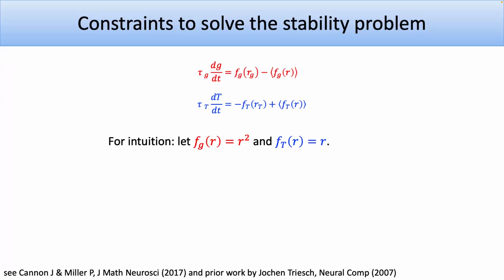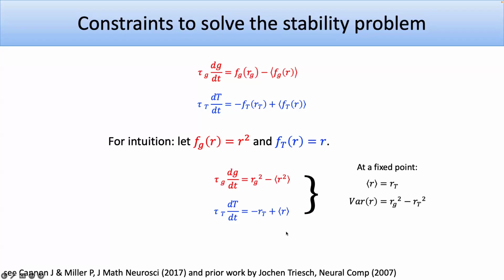And just for intuition, the simplest way to think about it is, what if one controller were quadratic and the other were linear? Then between them, one is controlling the mean square of whatever it's looking at, the other is controlling the mean. So between them, you've got both the mean and the variance. And this is something in general, as well as the constraints, they both have to be heading in the right direction on their own.